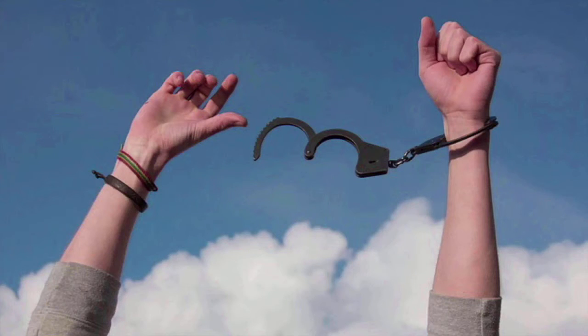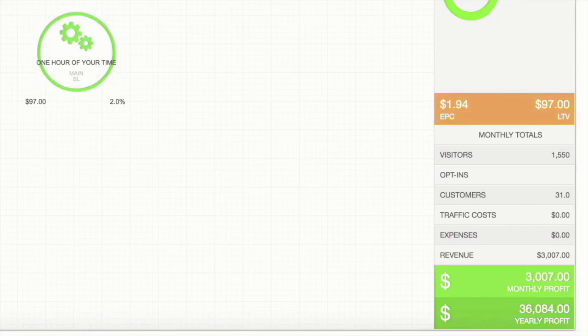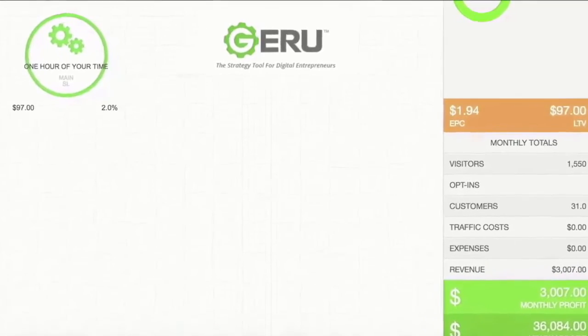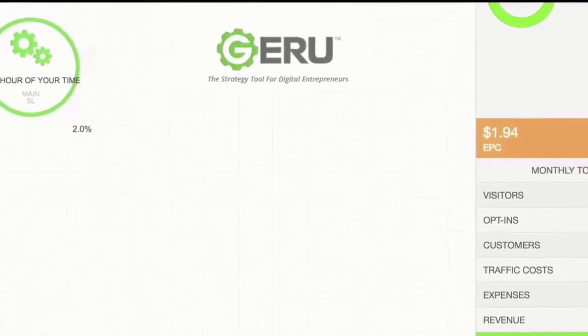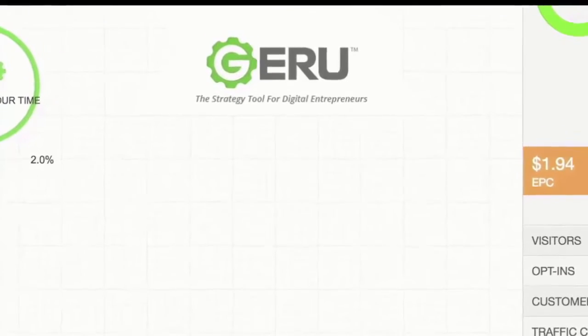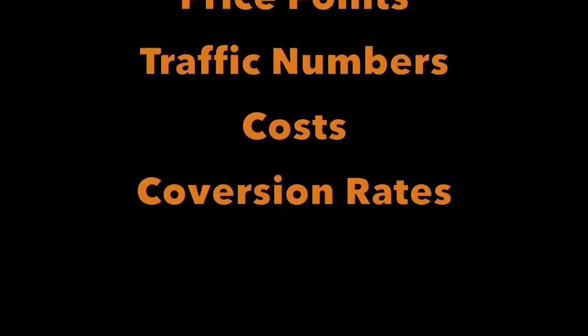All right, so on that note, let's jump into the online world. Yes. And starting with actually looking at a really awesome business modeling software that we have called Guru. So the Guru software allows you to add in your products and services, but then you can play with all the different things like price points, traffic numbers, costs, conversion rates, to just see what funnel design actually gives you